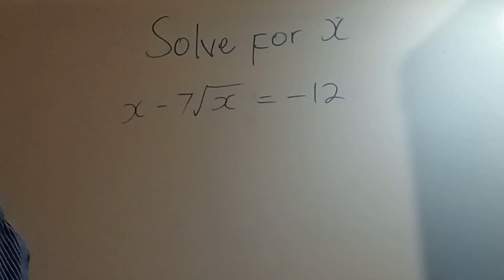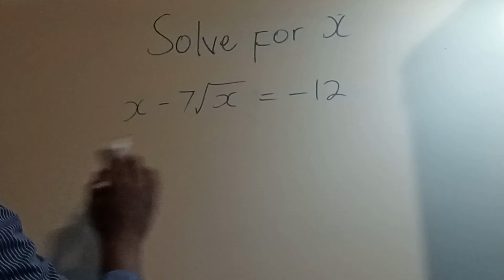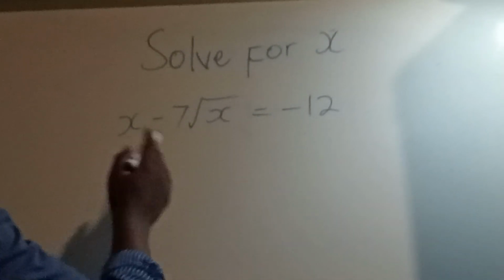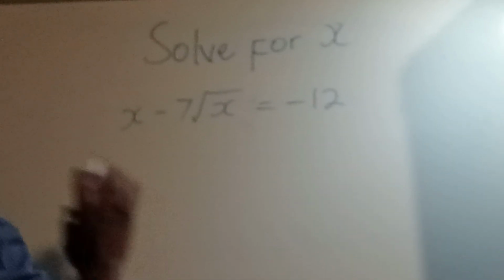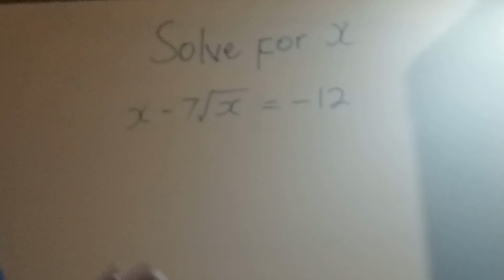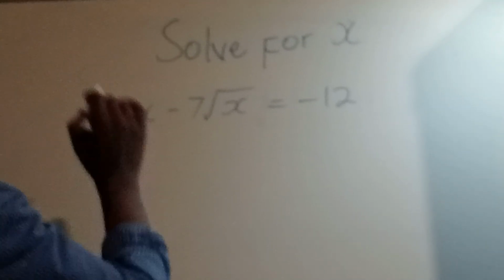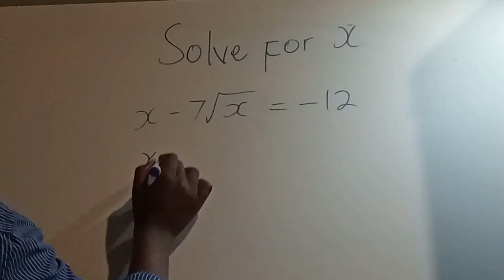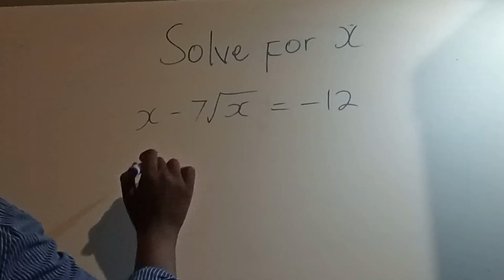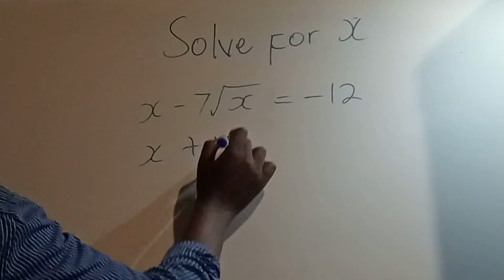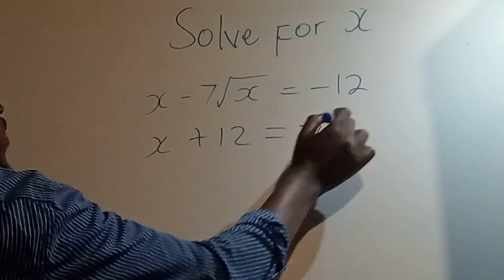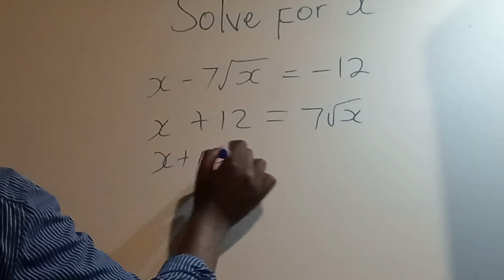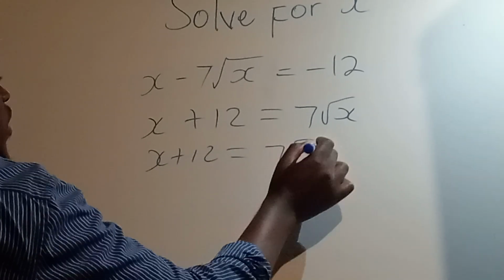So good people, we're still doing set equations, and today the examiner was happy and gave us this beautiful equation. Whenever you see something like this, I said to you, don't panic, just smile and do what you know best. Now here we said about the surd, it must always remain alone on its own side, which means the x will be equal to, the x will remain alone, and say x plus the 12 when it comes this side is equals to 7 the root of what? Of x. You can copy it again and say x plus 12 will be equals to 7 root x, but